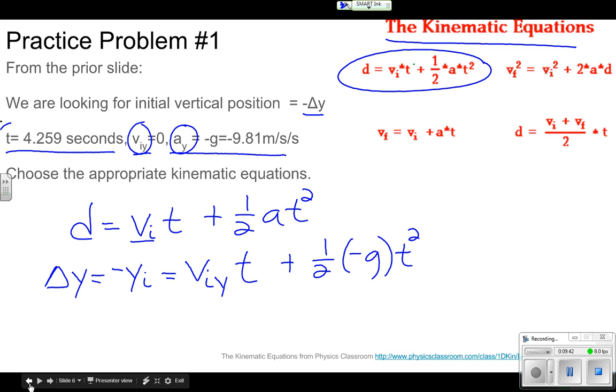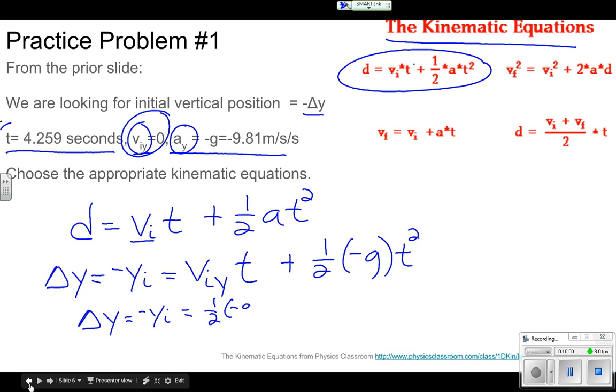Hopefully you recognize that your initial velocity in the y direction here is equal to 0. So when I plug that into my equation, 0 times time is 0. So I have this, my change in y, or negative yi, equals 1/2